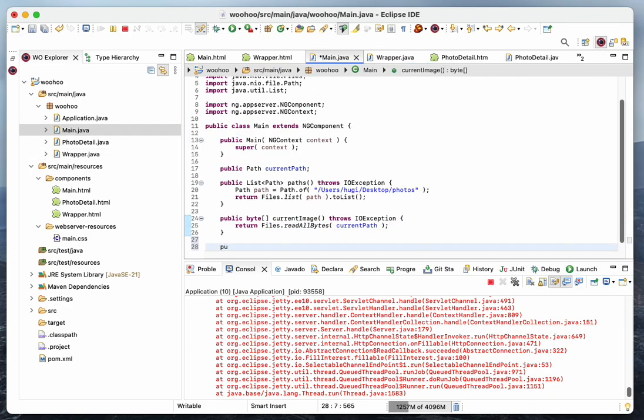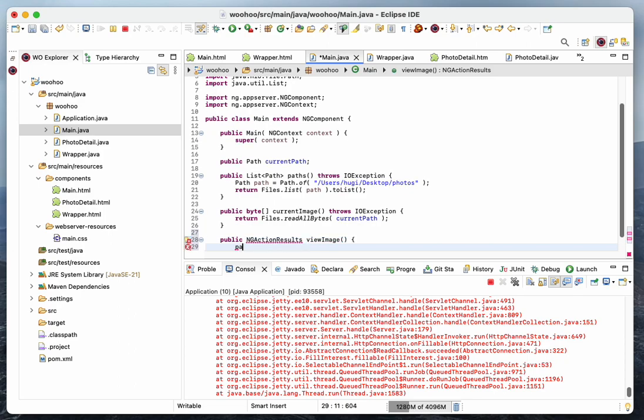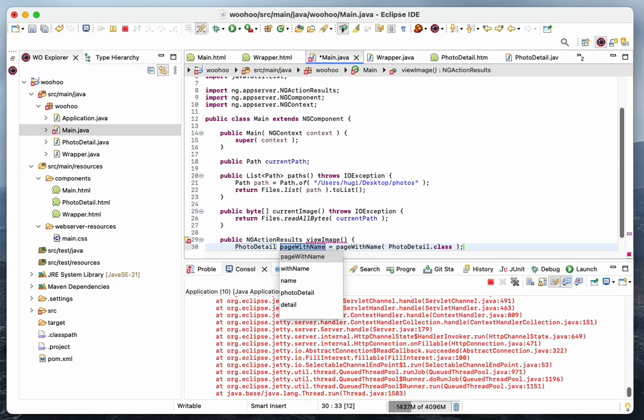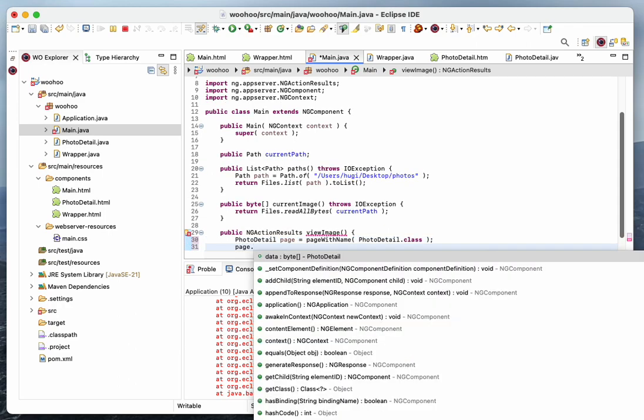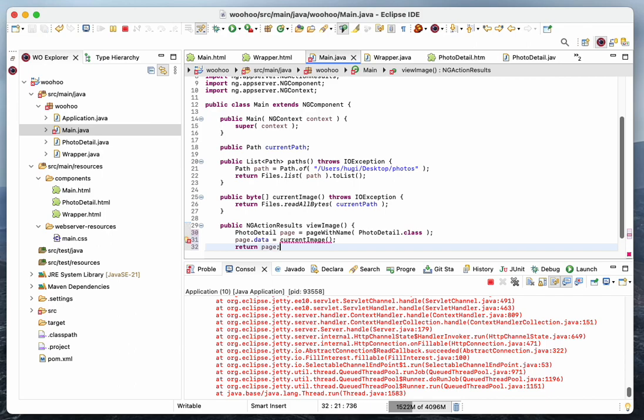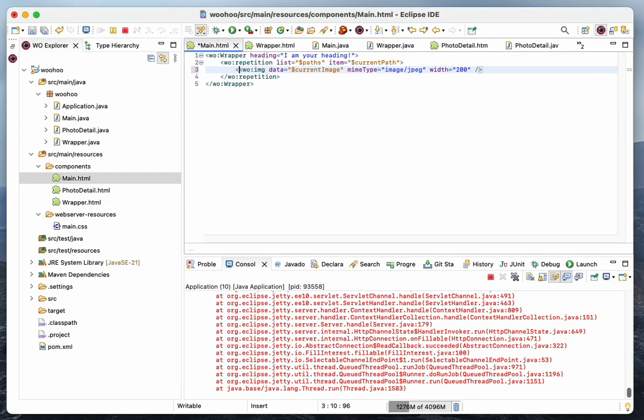Inside main, I'm going to create a new action method that's called viewImage, and we're going to invoke page with name photodetail.class, and page.data will equal current data, current image, of course. And this means we now have to bind our action